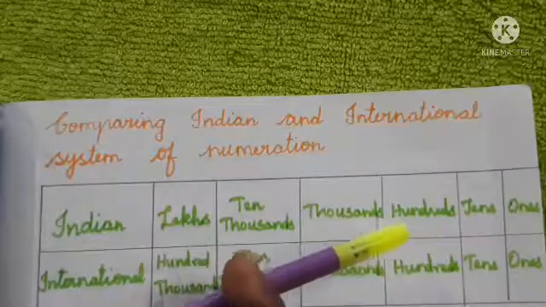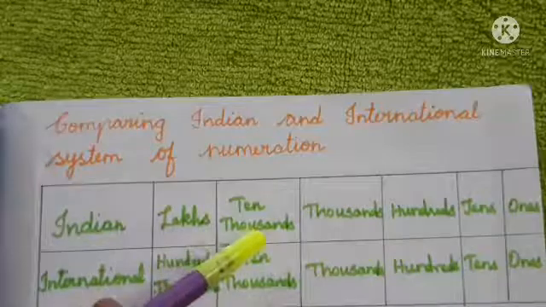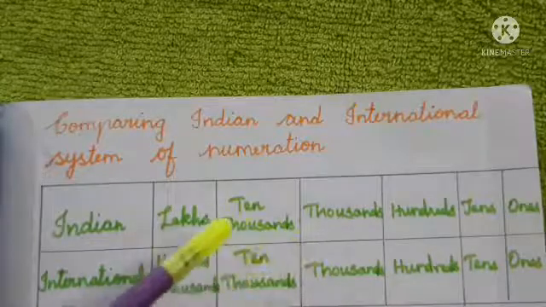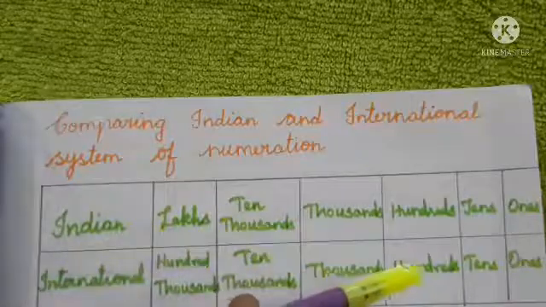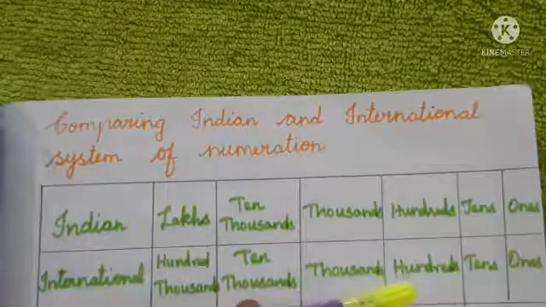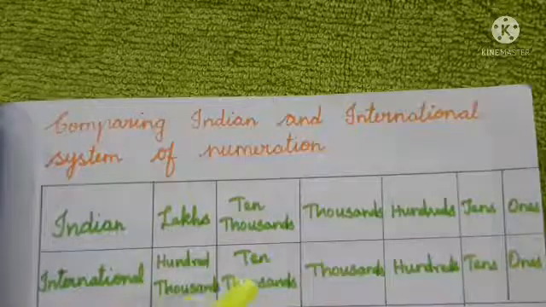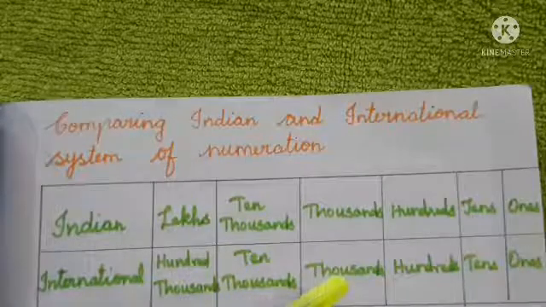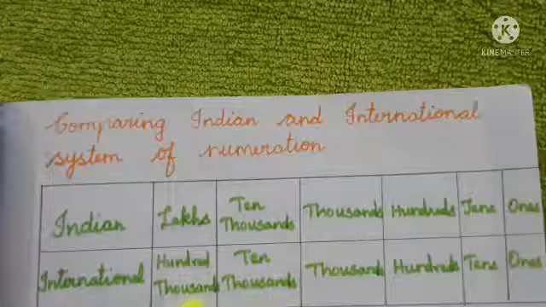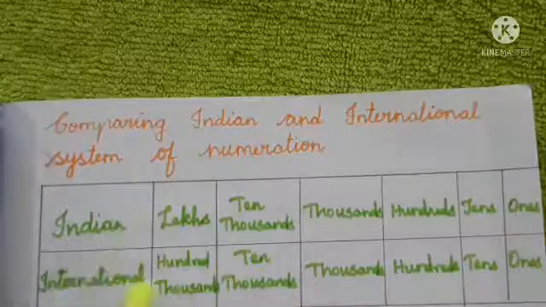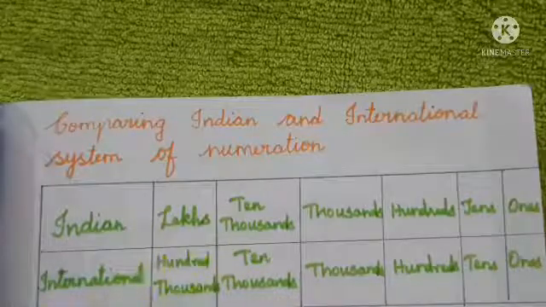under the ones period, and next we will divide the numbers into 2, isn't it? 1000 and 10,000, then next lakh and 10 lakh. But in the international system, the first 3 digits will come under the ones period. Next also we will divide numbers in 3 places, that means 3 place values: 1000, 10,000, 100,000. Next million, 10 million, 100 million, isn't it? So here we have written both the Indian and international system.